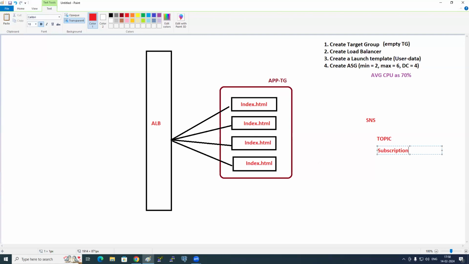So the concept here is the same as YouTube. In YouTube, you have a channel, right? That's a topic. Anyone can go and subscribe to that channel. What is the purpose of subscribing? You'll get a notification. Whenever someone uploads any video inside the channel, automatically we receive a notification.